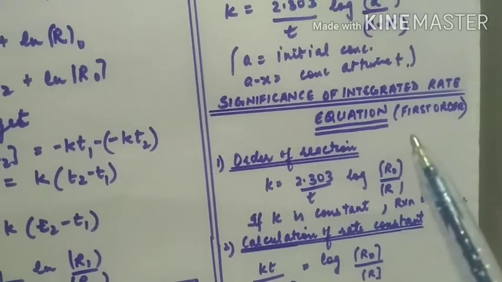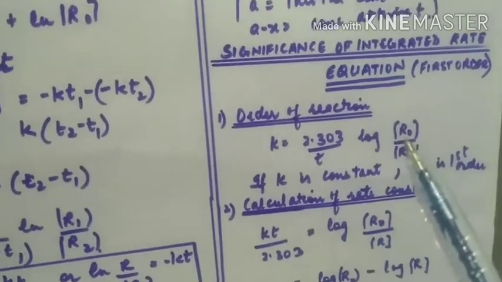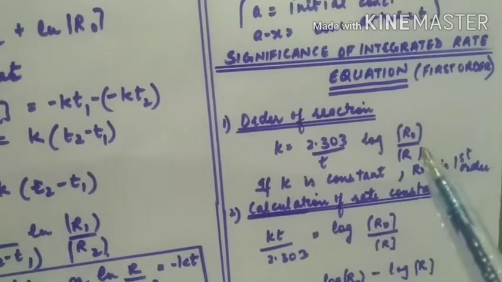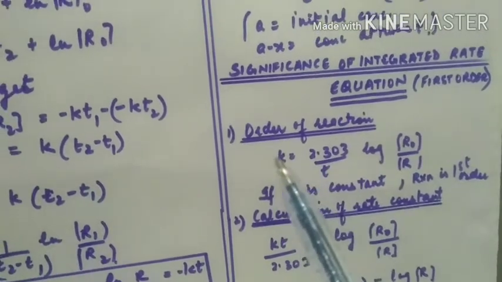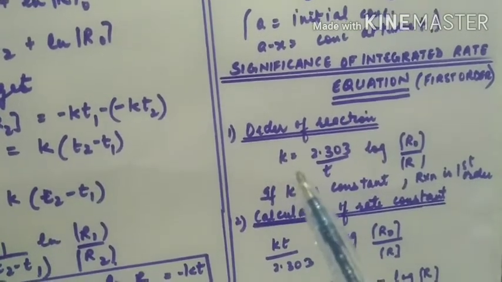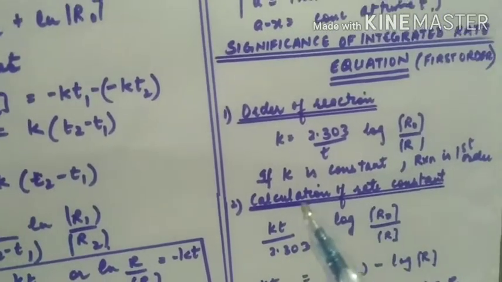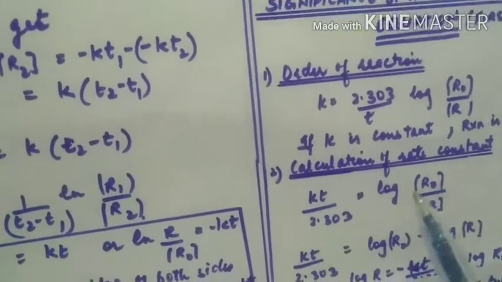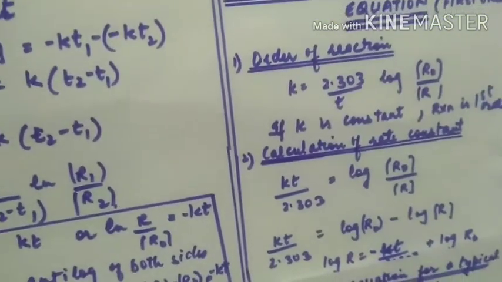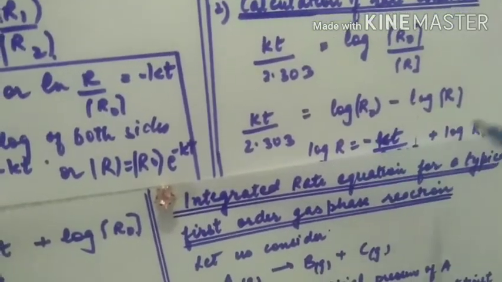So this integrated rate equation has many uses. First, we can calculate the order of reaction. Putting the values of R naught and R at different times, we can find out the value of the rate constant. If in the same reaction under different conditions the K value comes out to be the same, then the reaction is first order. Similarly, for calculation of a rate constant, converting this equation into y is equal to mx plus c and plotting